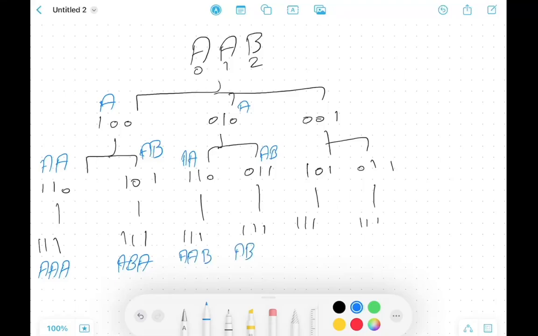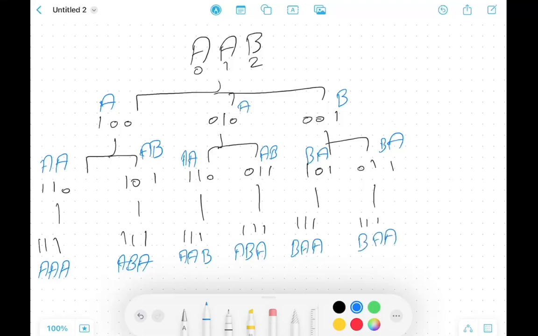AB I have already considered, now I am considering this. On this stage first I have considered this, then BA. This character is already considered and this character is now selected. Then for BA, then BAA,